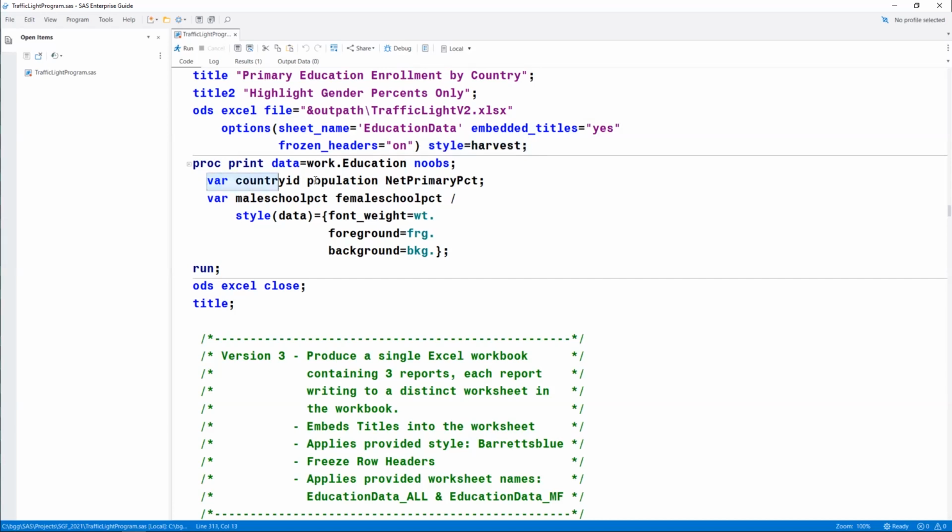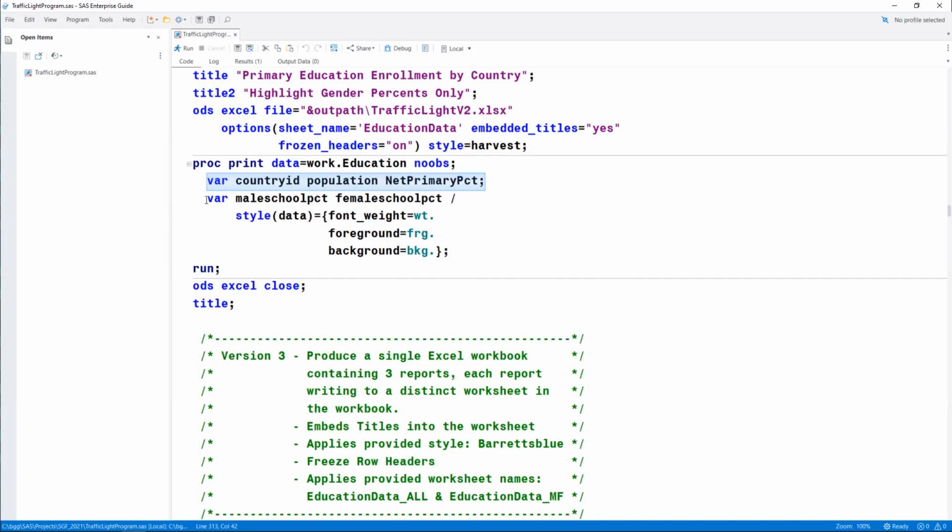I'm also changing my proc print a little bit here. I have a var statement now that says just list the country ID, the population, and that net primary percent, the one that I calculated an average for, without using any of the coloration style options that I created in my formats. Those will just come out on the report.